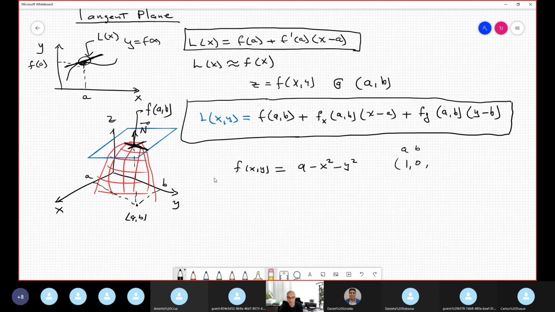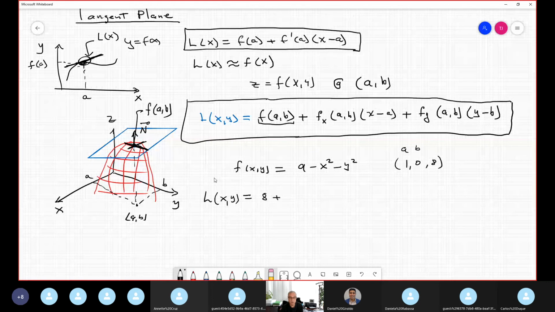Plugging in 1 and 0 into the formula, 1 squared minus 0 squared is 1, and 9 minus 1 is 8. The linear approximation, or tangent plane, which is a synonym, is this 8 in our specific example, plus